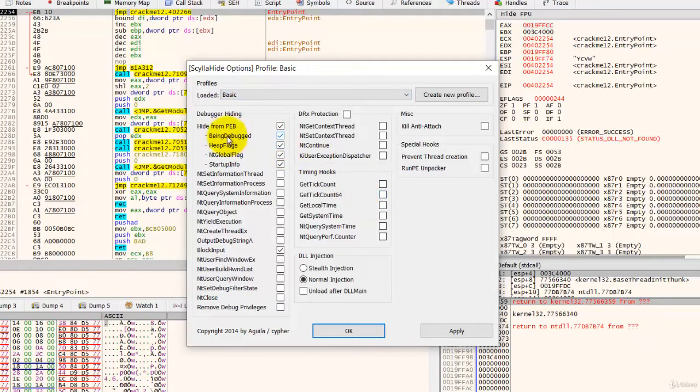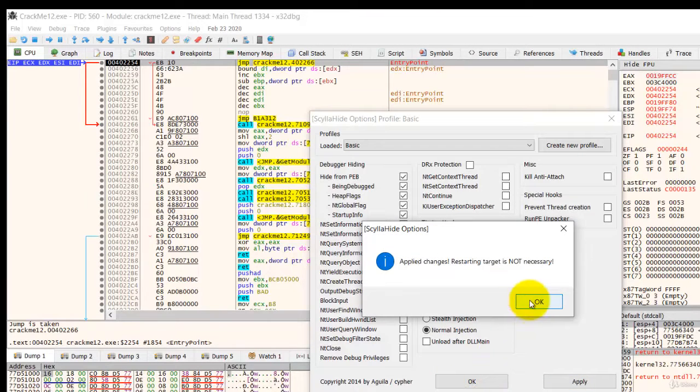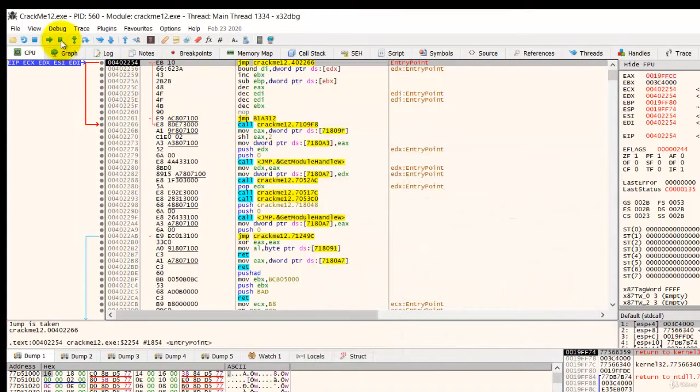So basic will hide these APIs and this as well from the program that is running. So click apply, click OK, click OK again. So now we run,